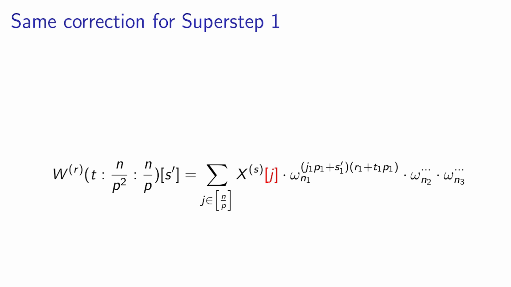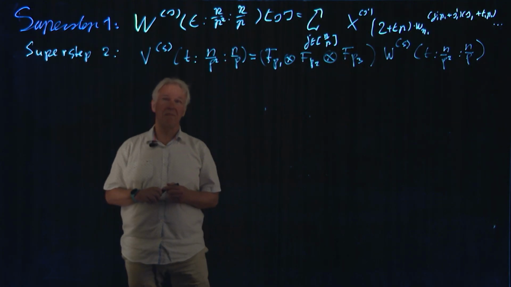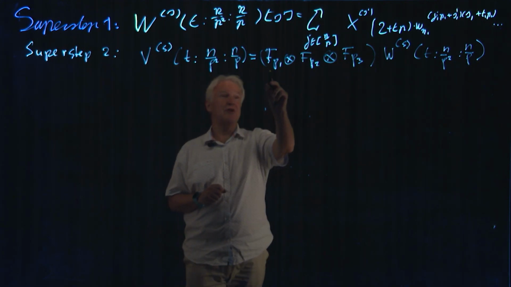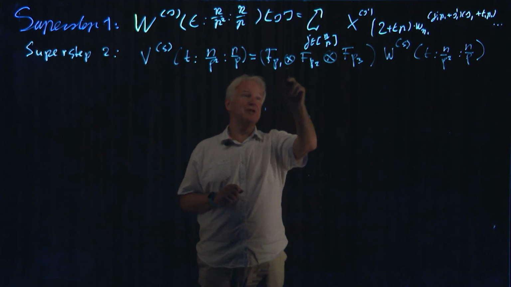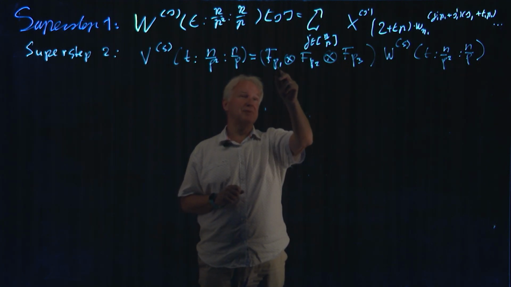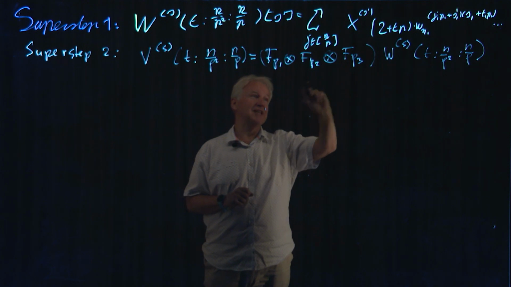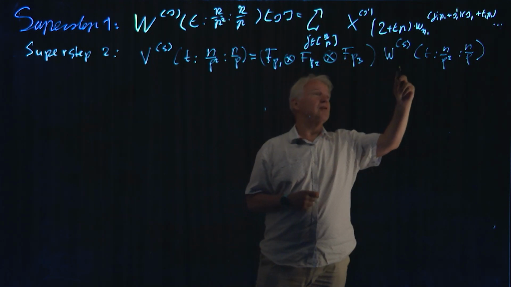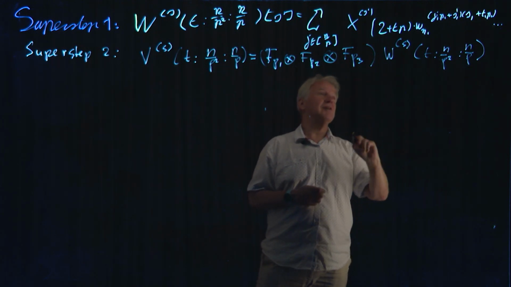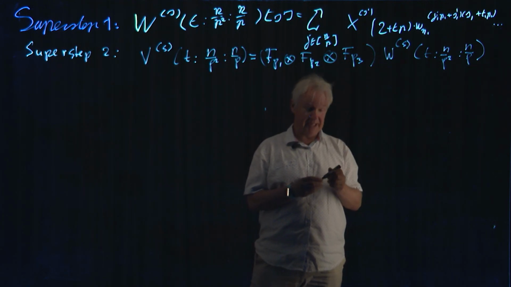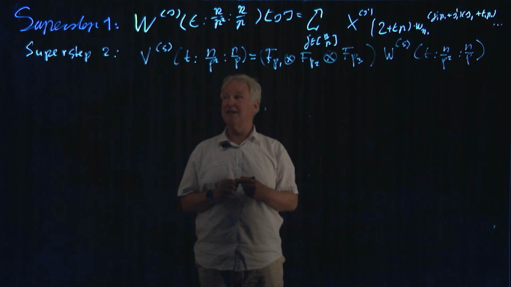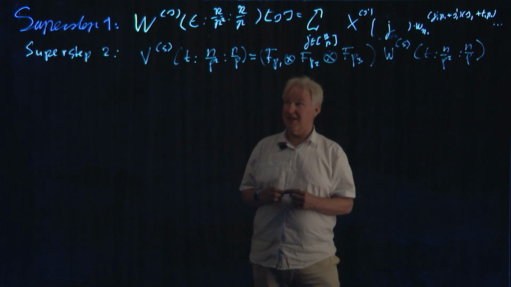Okay, a reminder of the last superstep, superstep 2: we perform a three-dimensional Fourier transform of small length, p1 in the first direction, p2 in the second, and p3 in the third direction on the local part of the array. And it's W now, with the lettering that we gave them. To finish off with the last superstep,